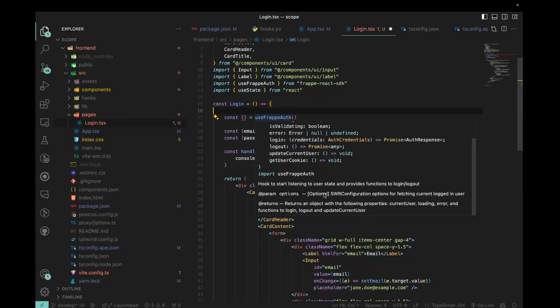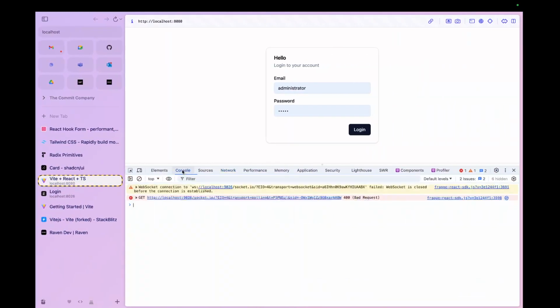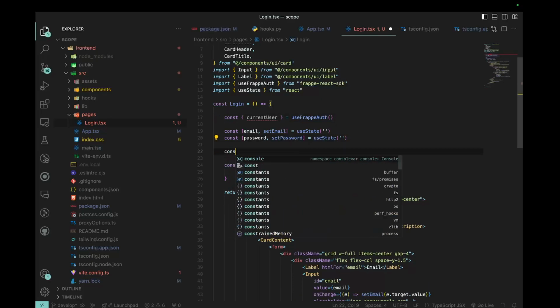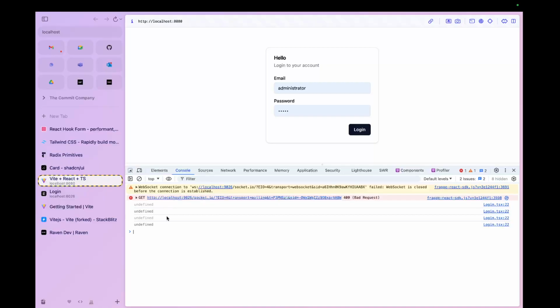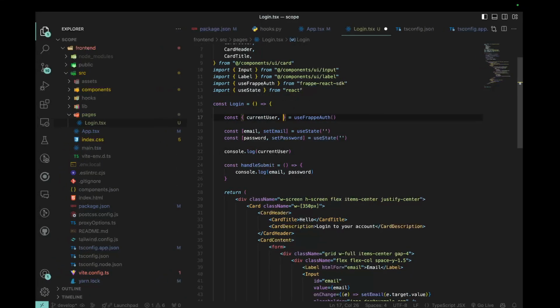Okay, useFrappeAuth hook to start listening to user state and provides functions to log in or log out, right? And it returns an object. So let's look at what all it returns. It returns the current user, right? In this case, the current user would be, actually, let's print all of these, right? Yeah, see, the current user is undefined because, well, we don't have a current user. It looks at the cookies first. If the cookies are found, then it returns what the current user is. That's one. Then